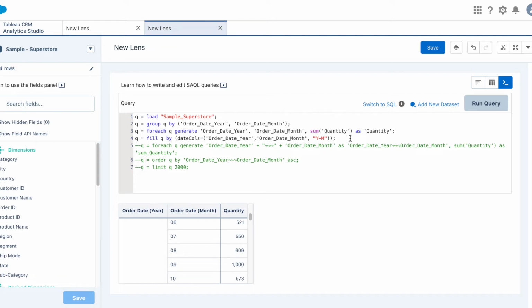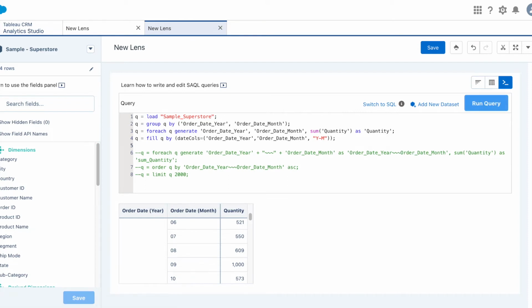Now this is done. It's time to actually generate time series forecast. So Q equal to time series. This is the function that we want to use to generate time series. So we want to generate time series on Q, which is the data set that we are using. Generate, let's call this column forecasted quantity, with, let's generate 3 months worth of data.